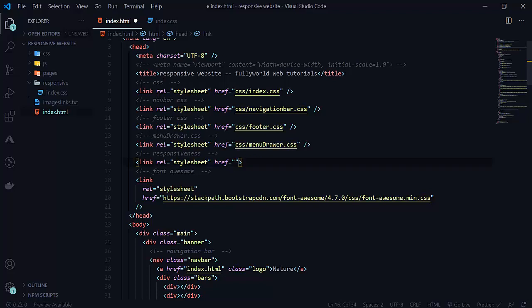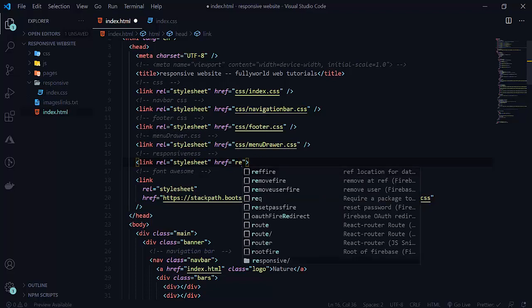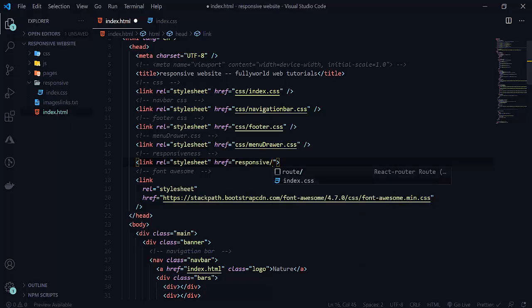So here we will first of all move to our responsive folder. See that here is the responsive folder, and in the responsive folder there is index.css. First of all we used css/index.css, but that CSS file is under the CSS folder, that is our main CSS file. But for the responsive, this index.css is under the responsive folder, that is only used for the responsiveness